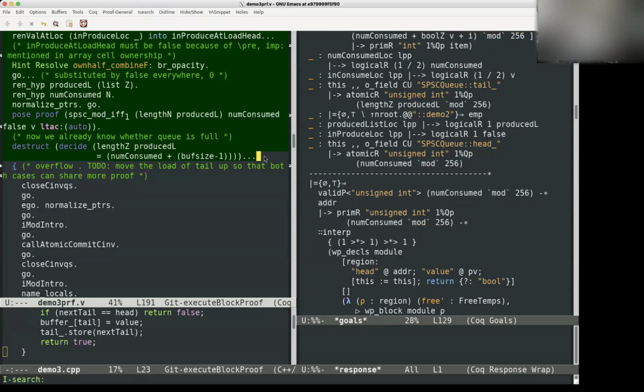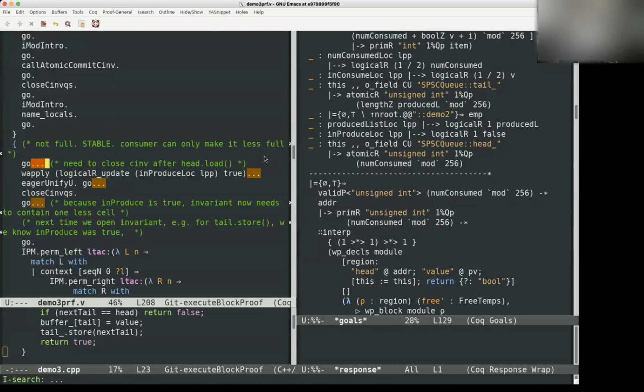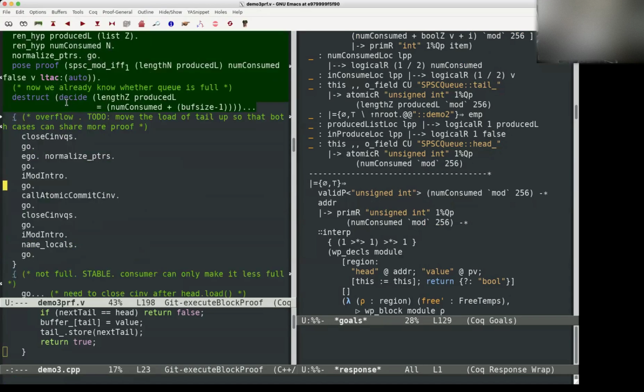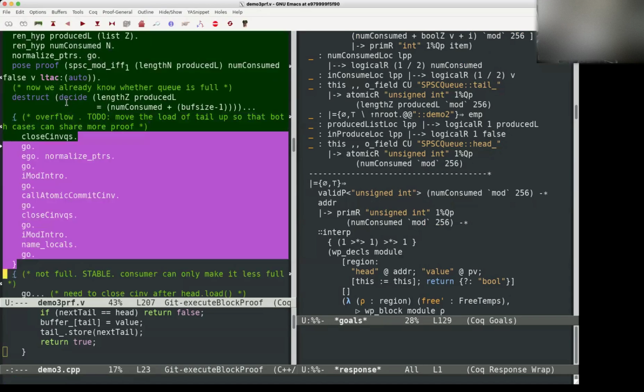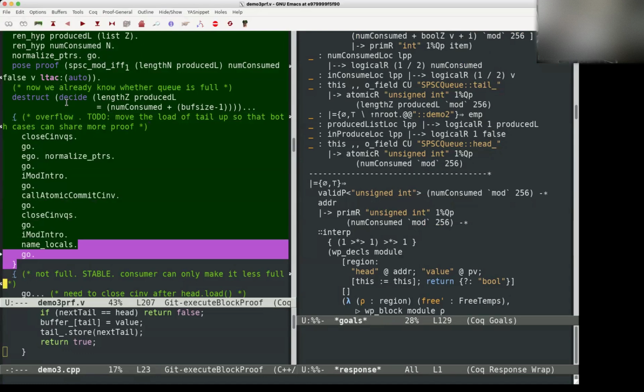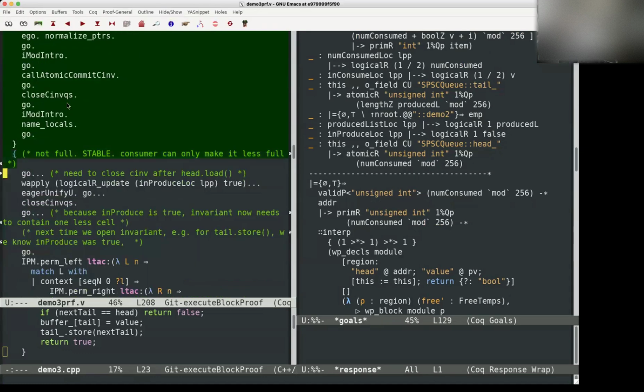If the queue is full, there's nothing more interesting going on. So if the queue is full, we just return the original state. If the queue is not full, then something interesting happens. So if the queue is not full, then we know that we will succeed. So at this point, what we do, just like the new thing here is,